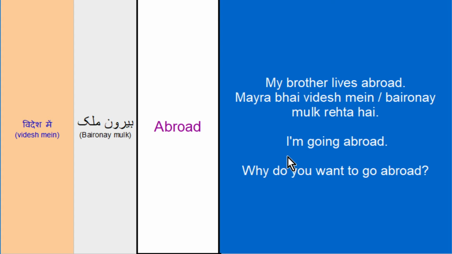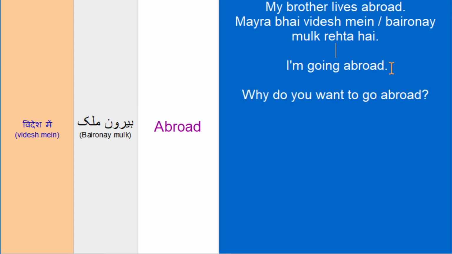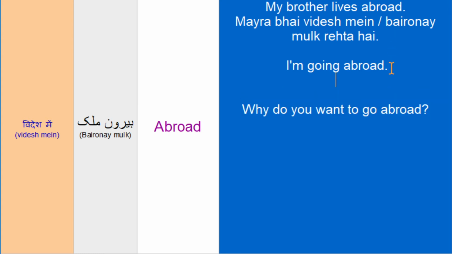Now there is another sentence, I'm going abroad. How do we translate it in Hindi and Urdu? I'm going abroad. मैं, am means रहा हूँ, going जा रहा, जाना, and abroad is बैरून मुल्क और विदेश. So I am going abroad can be translated as मैं